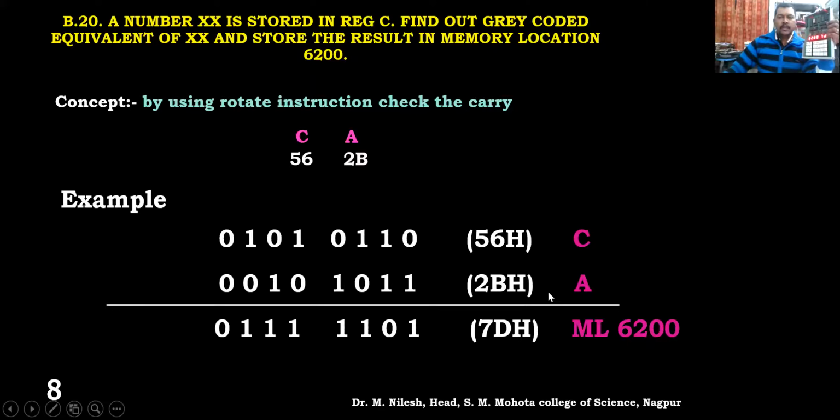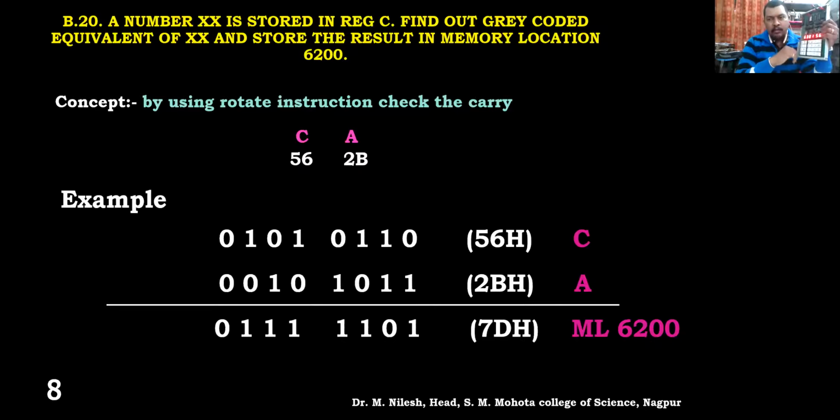So we can try for some other number also, but we have to check whether it is proper or not. So I'm changing this number. That number is at memory location 6300, next 0. This is the number that we need to change. So now, let us change to some other number.